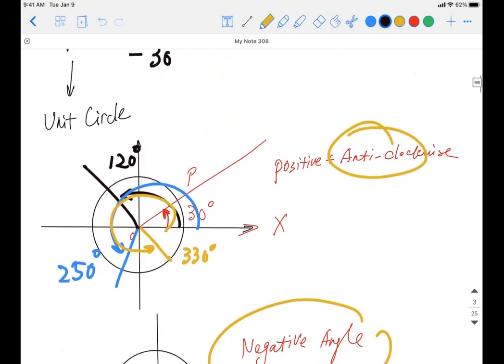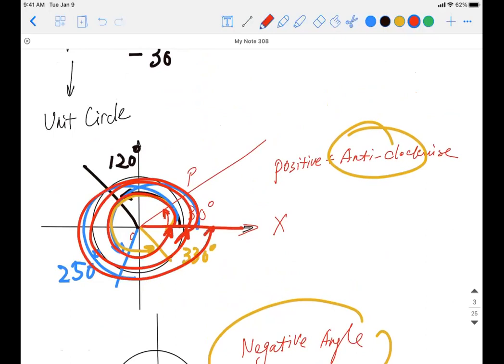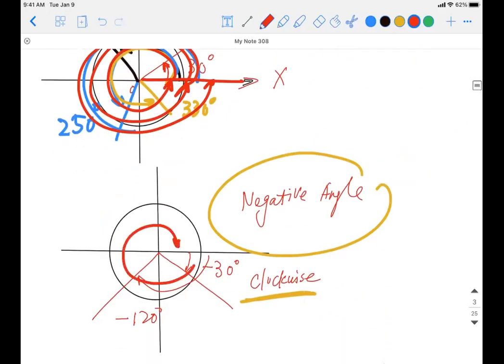Also, going back to the positive direction, sometimes if you use the color black, or maybe red, and you do a full circle, it comes back to the orange point. That one is going to be 360 degrees. But you can continue. You can do a second turn, a third turn, and so on. So you can define however big an angle you like, just by letting it keep turning around. You can do 10 to the 10th power degrees, it's up to you. The same thing: if you go anti-clockwise, you get the positive; if you go clockwise, you get the negative angle.